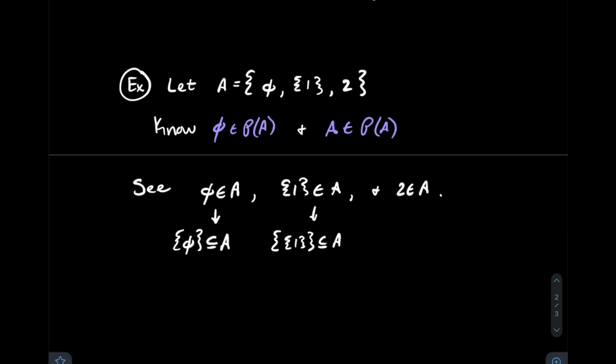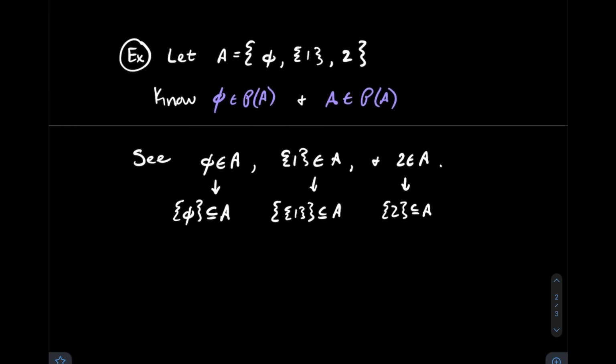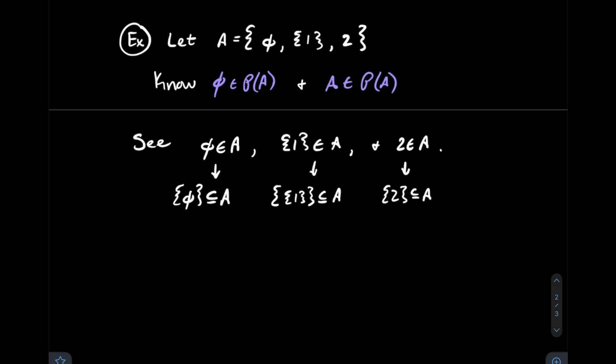Great. Similarly, the set containing 1 is an element of A. That tells me that the set that contains the set 1 is a subset of A. And last, if 2 is an element of A, then the set containing 2 is a subset of A. Last thing here, for this little part anyway, is to just rephrase this. If the set containing the empty set is a subset of A,